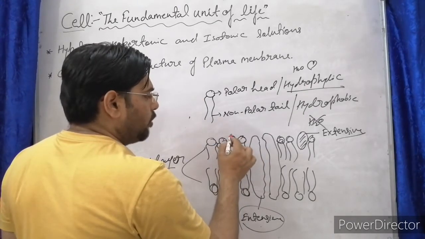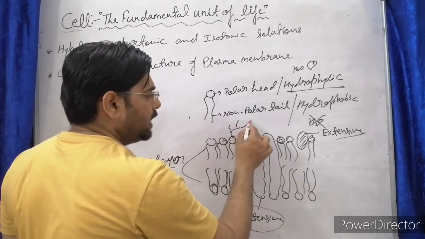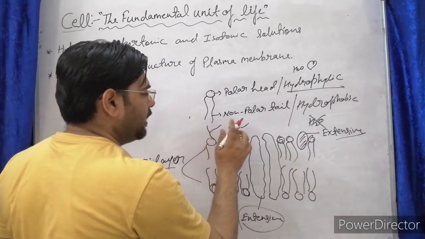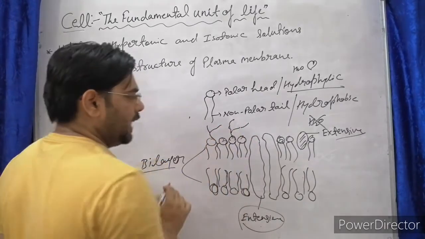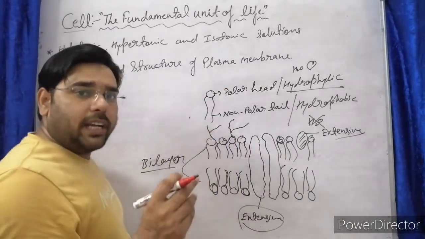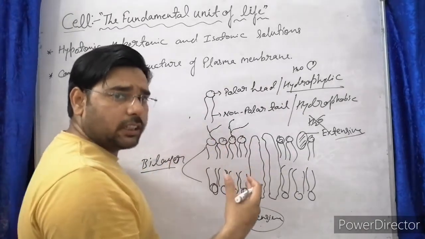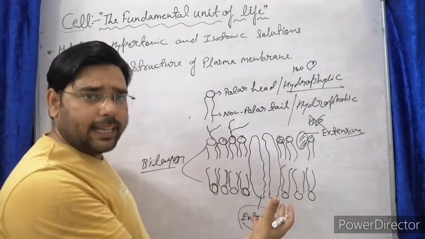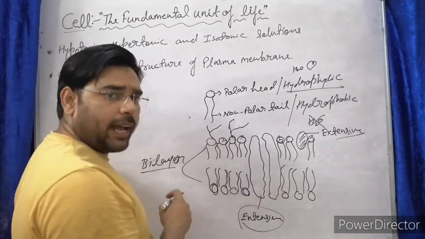And the upper part of this phospholipid has some carbohydrate chains. This is the carbohydrate chain. It has some carbohydrate chains like this. So what is the function of the carbohydrate chain? The carbohydrate chain helps in communication with the neighboring cells, to perform activities.